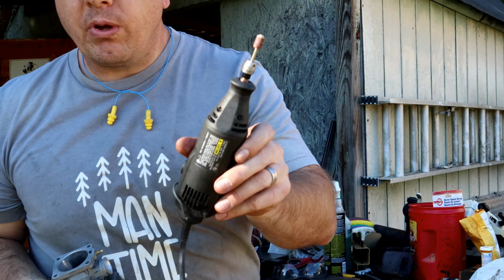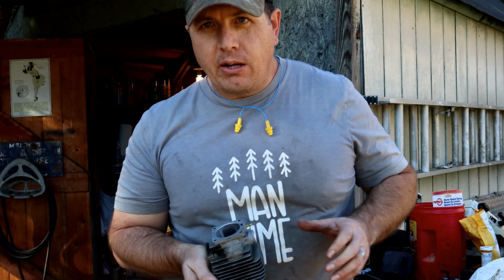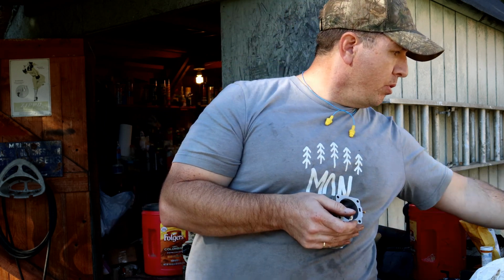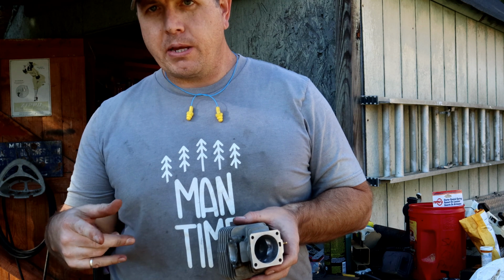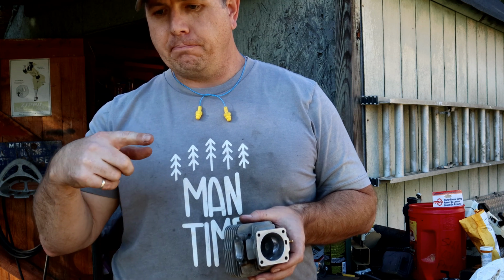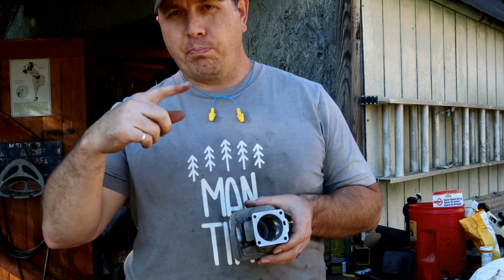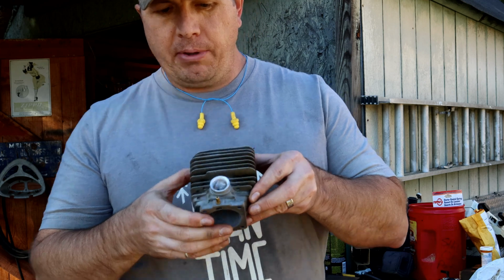I ended up going with a small barrel sander for the final passes. And then I'm going to go through and use the fine sandpaper on a little needle burr tool that you just put a little sheet of sandpaper in there. But yeah, I mean,